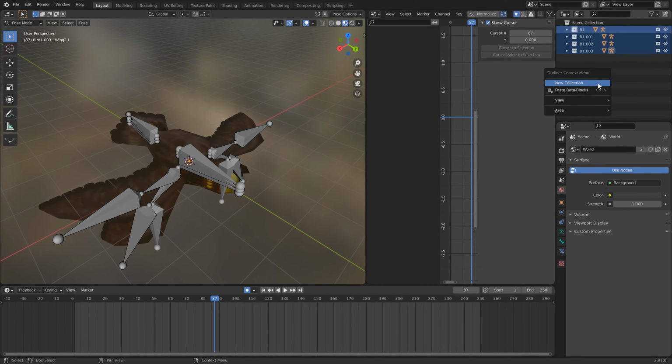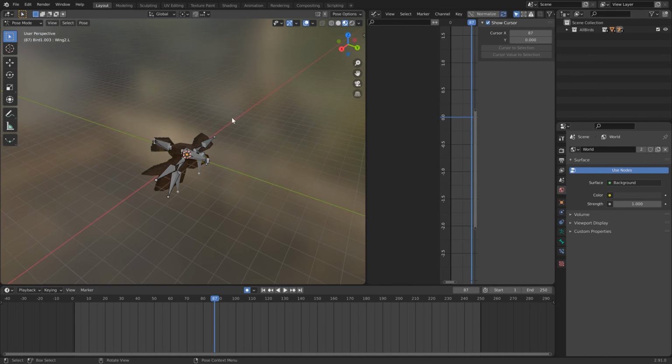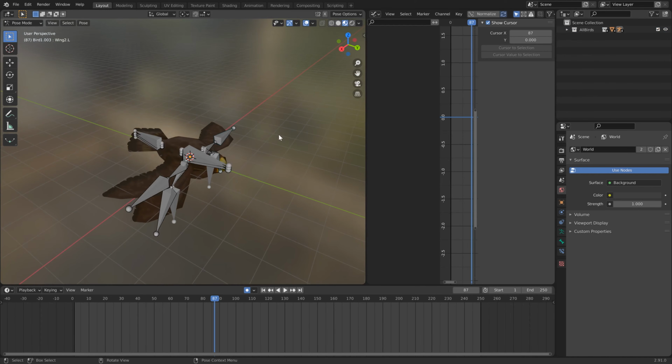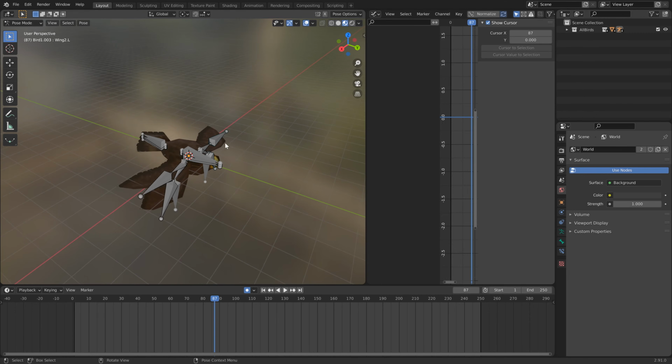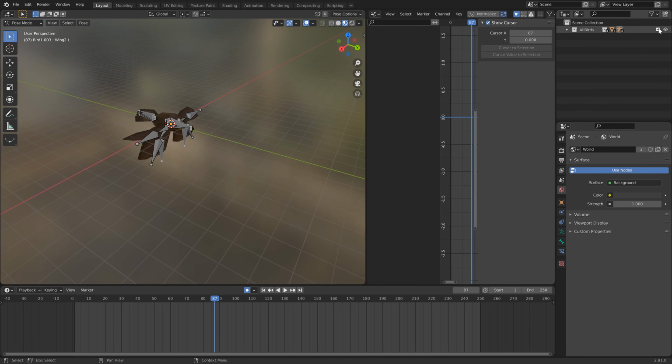So I'm going to select all of these, create a new collection. I'm going to call it all birds and move these into that collection. Now we can move on to creating the flock. There are a number of ways to do this. This is one I quite like because it's nice and importable to other scenes, and there is an element of control as well. So for that, let's just create a new collection, call it